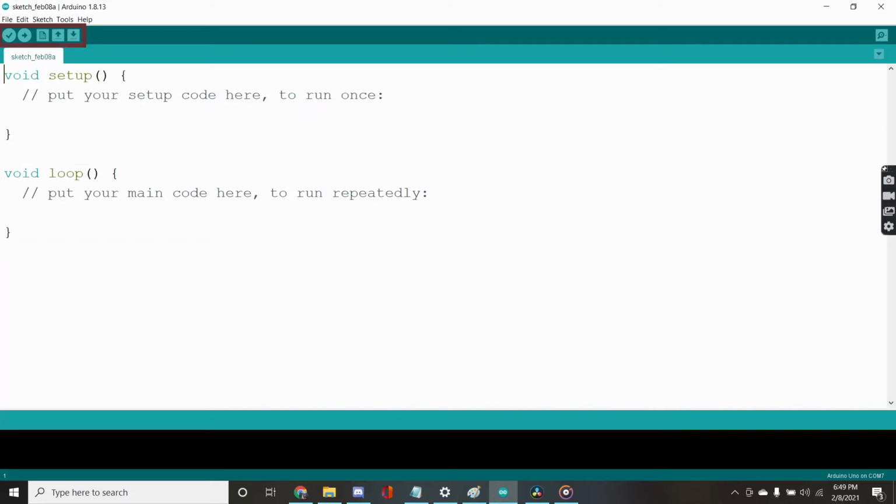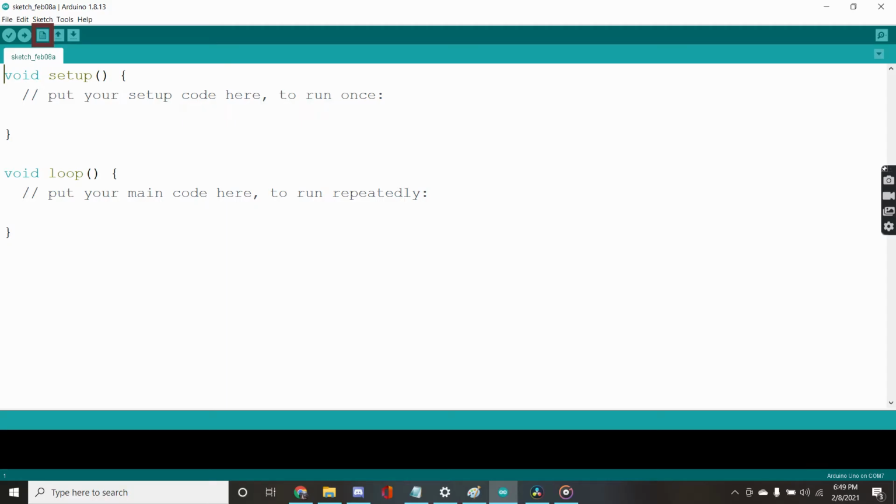video. Second, you have a row above, surrounded by dark green, that contains 5 buttons which are all vital to each of your projects. The one at the very left is called the verify button, which checks all your code for any errors. The button to its right is the upload button, which you press when you upload code from the IDE to the Arduino itself. Lastly, the 3 buttons on the right are self-explanatory. The new button creates a new window, the open button opens existing projects, and the save button saves your existing